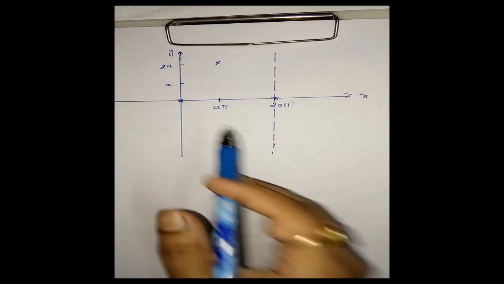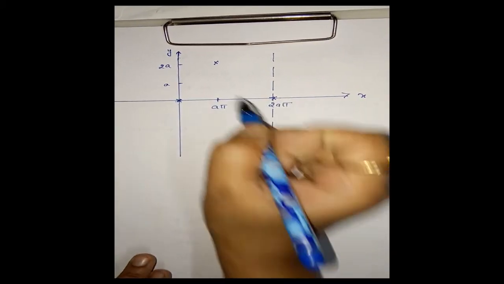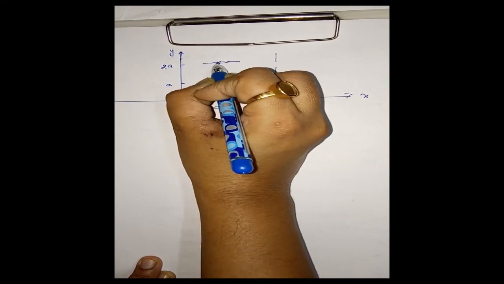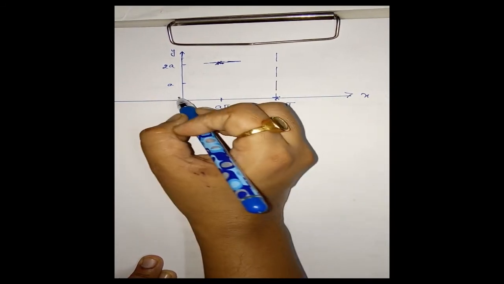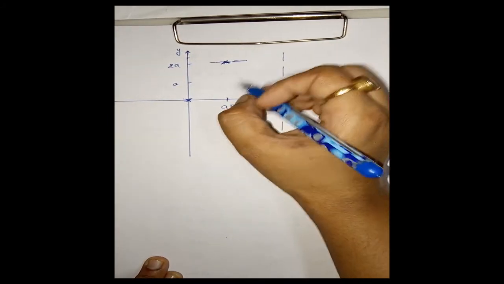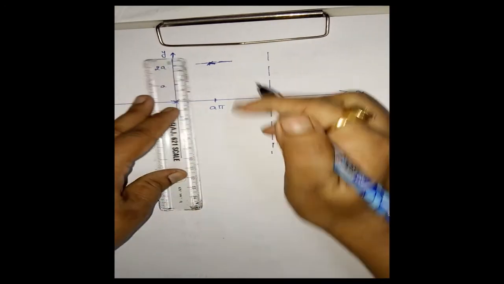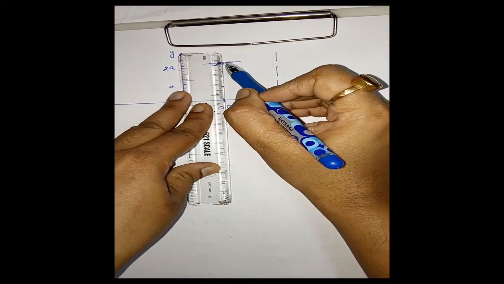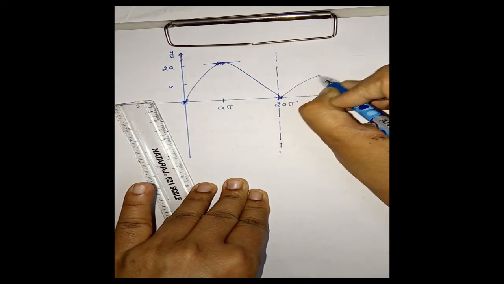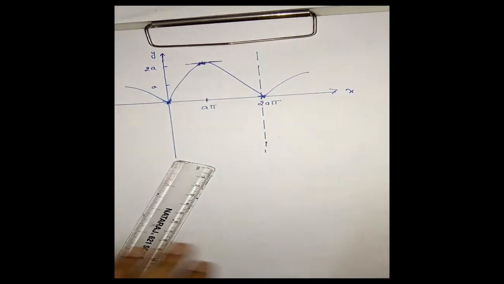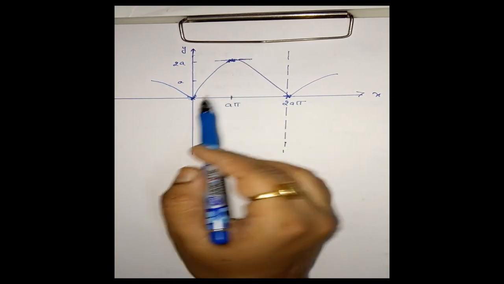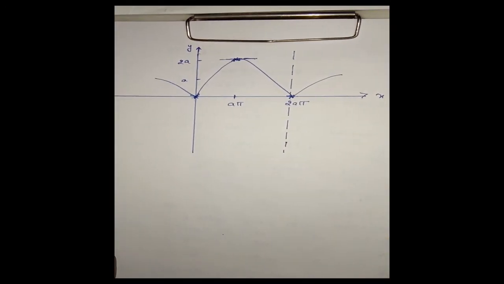Now at these 2 points, tangents are parallel to y-axis, and at this point tangent is parallel to x-axis. Okay. That means shape is like this, and here shape is like this. That means I can plot my curve as, this is the point, the middle. Okay, like this. That means curve is of this form. This is the shape of the curve. At this point tangent is parallel to x-axis, and at these 2 points tangents are parallel to y-axis.